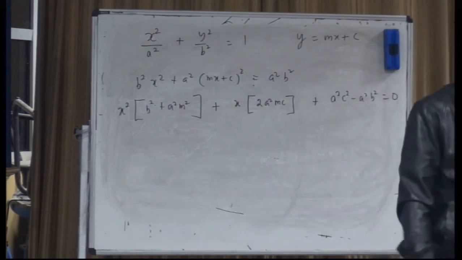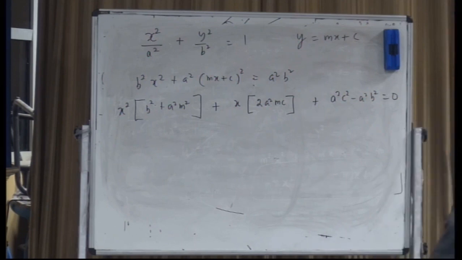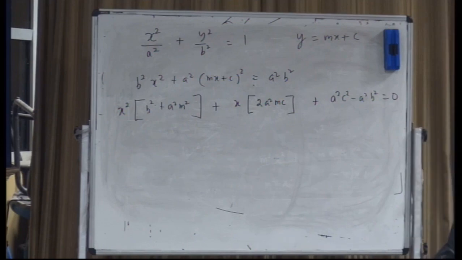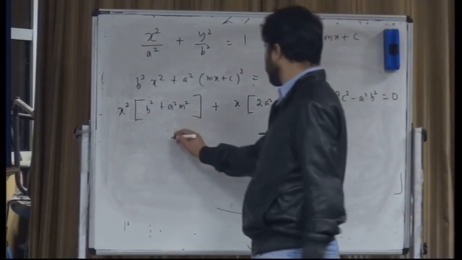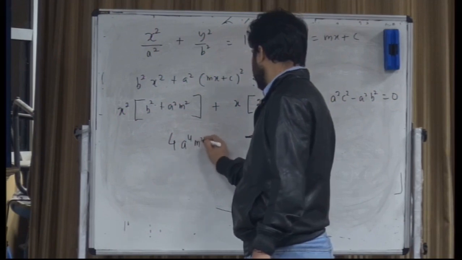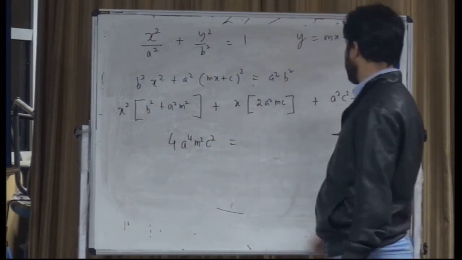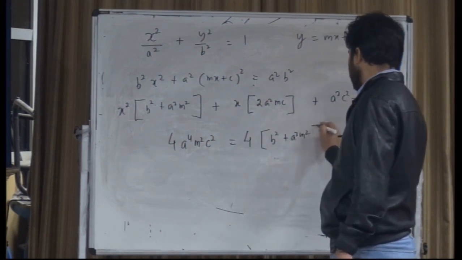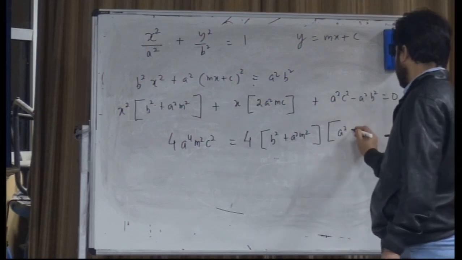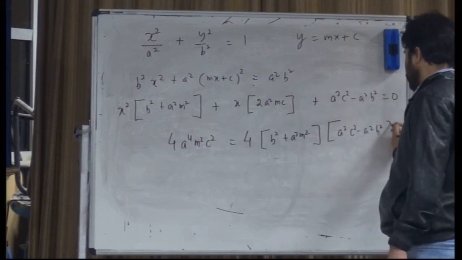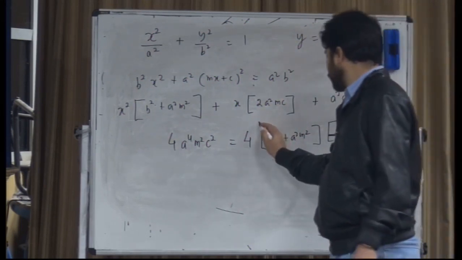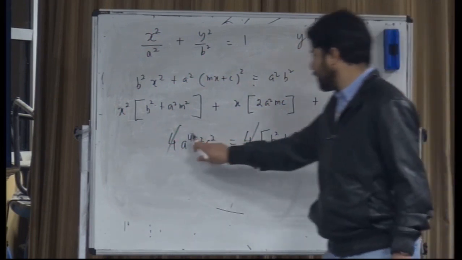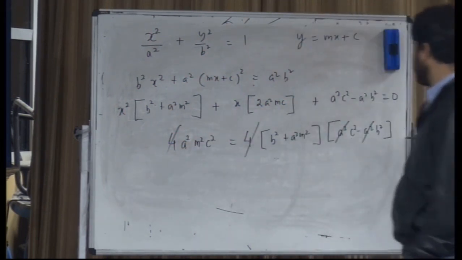राइट. लिख दिया हमने, ये इक्वेशन रीअरेंज कर दिया. डिस्क्रिमिनेंट शुड बी b square minus 4ac शुड बी इक्वल टू 0, विच मीन्स b square शुड बी इक्वल टू 4ac. b square क्या हो गया? 4 b square plus a square m square into a square c square minus a square b square, right. 4 और 4 cancel, a square and this will become a square, right,